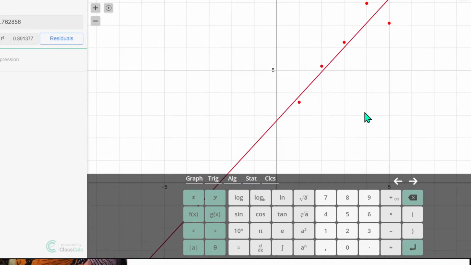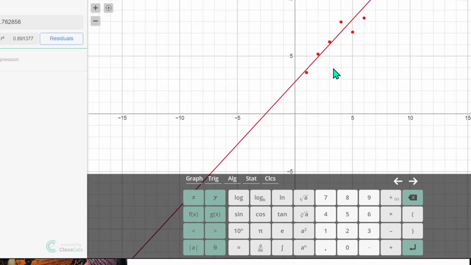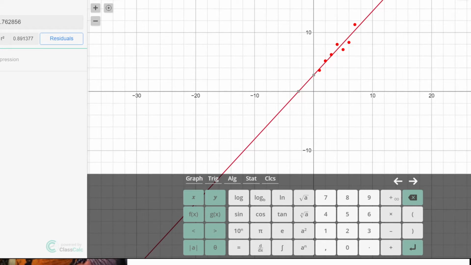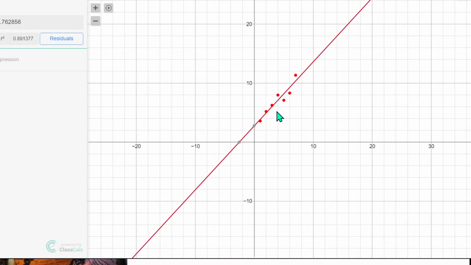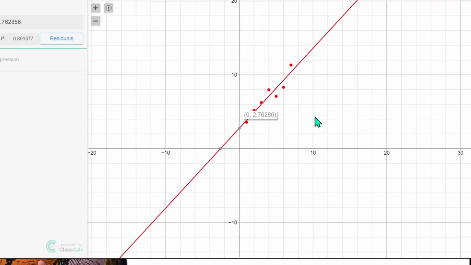So this is my scattered plot. Let me minimize this. You see how my graph looks? This is my scattered plot. Just by looking at the graph, I know my graph is going up. My slope is positive, and I also have my y-intercept right here. So if I zoom into it,